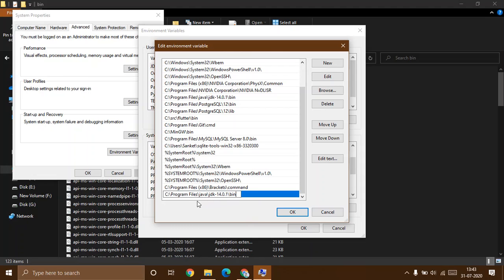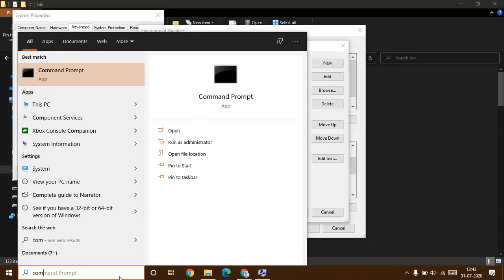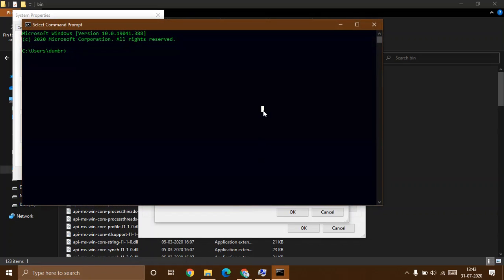If you do not do this, or you have used exe file to download, till this path is not set, then you will get error when you go to command prompt and use command java dash dash version.